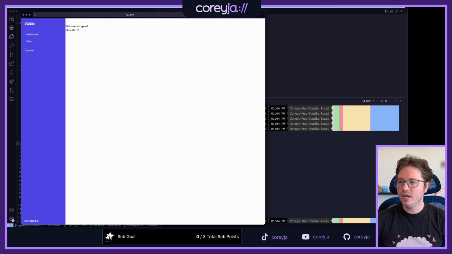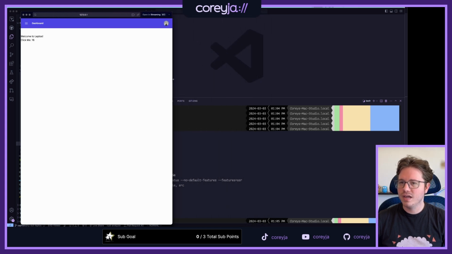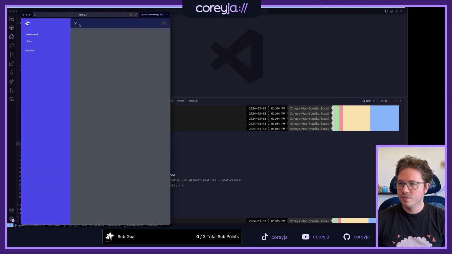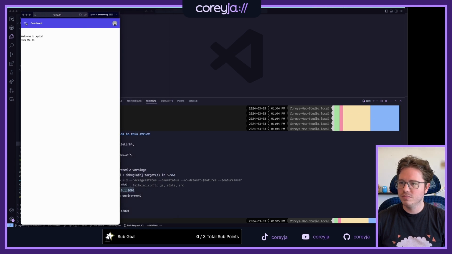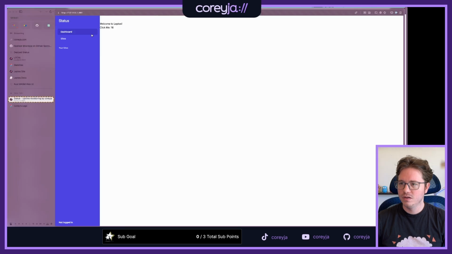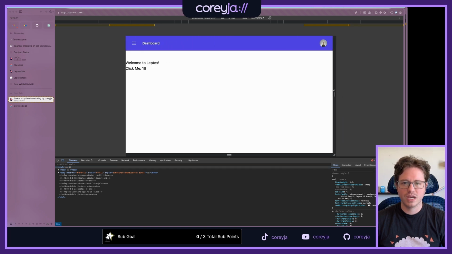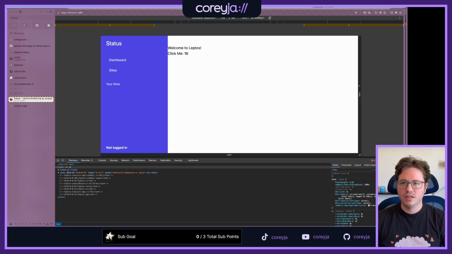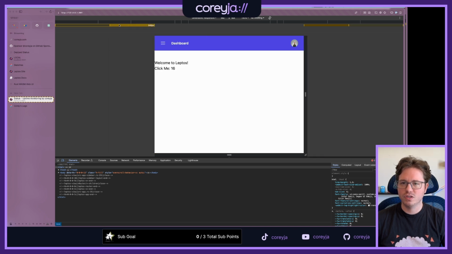But I believe what we have working now is this sidebar. And one of the things that we added at the very end is this, where now it goes to the mobile style, and we can get the little sidebar to expand out to the left. And that required some front-end state that we didn't have before we had Leptos, and now we are good to go. So let's pull that open in a normal browser window, get some inspector stuff already. There's where it becomes desktop, so it's at this breakpoint. So we can switch between the two.